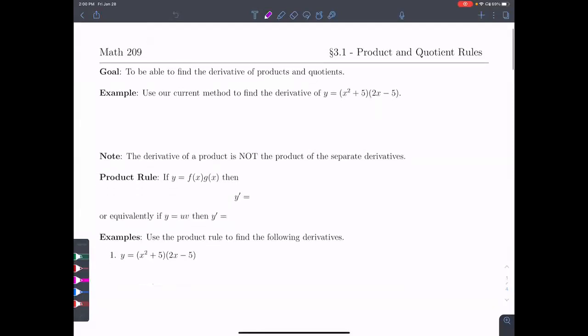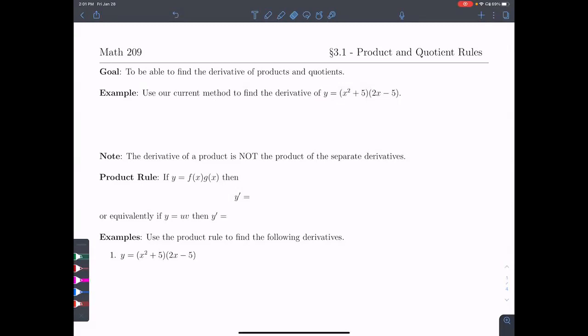Okay, so for section 3.1, we are going to learn the product and the quotient rules. We learned in chapter 2 about the power rule. And so we are going to build on this set of rules that we have to take derivatives. So right now, if we were given this function y equals x squared plus 5 times 2x minus 5,